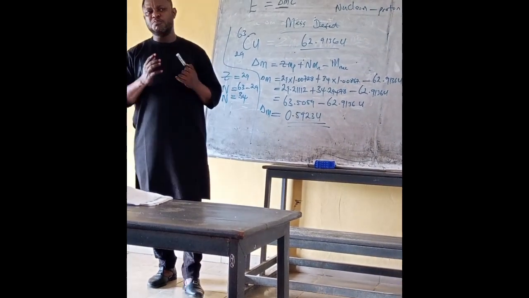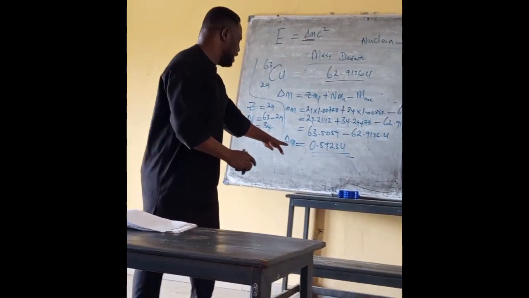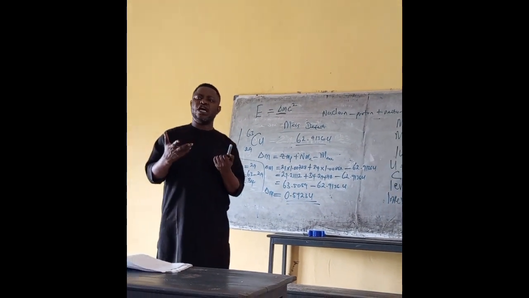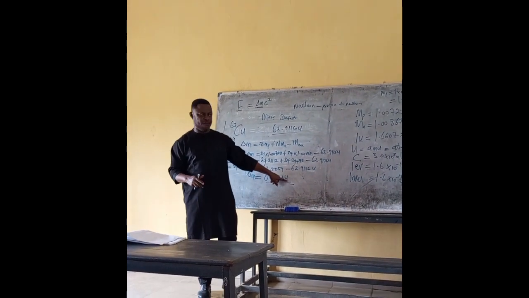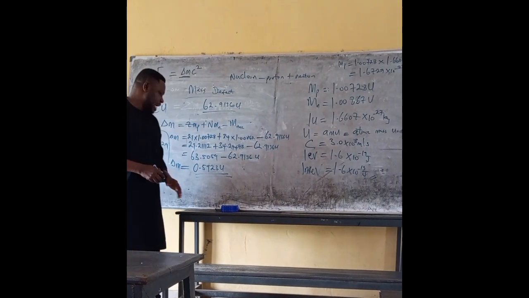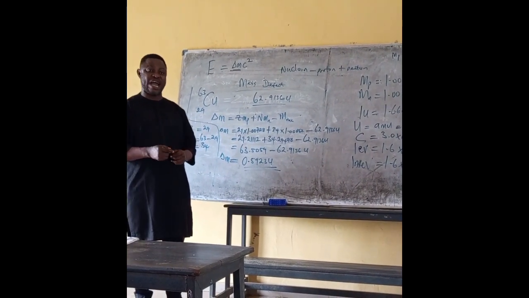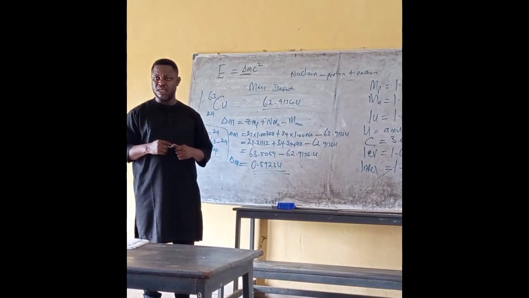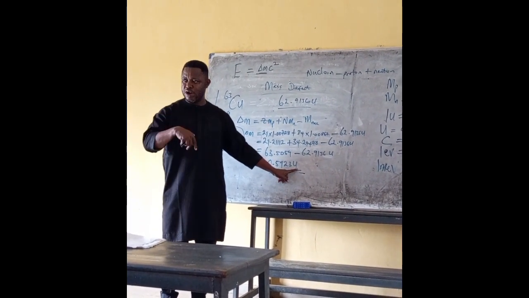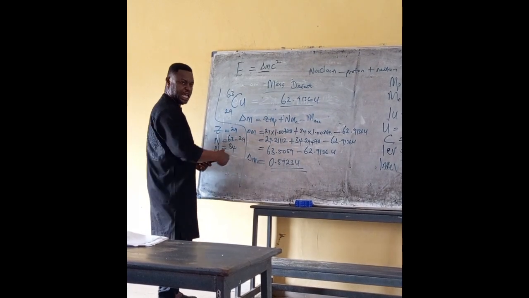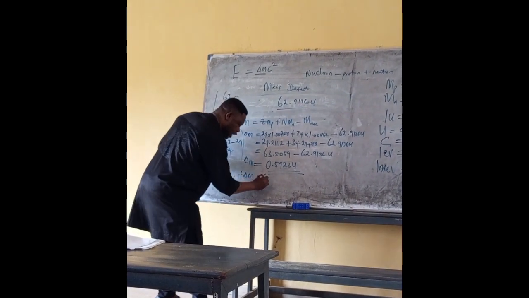Now, mass defect always goes with what? Binding energy. When you leave your answer in U and want to go further to find the binding energy, then you have to convert from atomic mass unit to kilogram. So assuming I want to write it in kilogram, I can say therefore my change in M will be given as